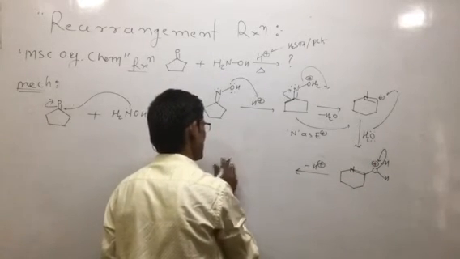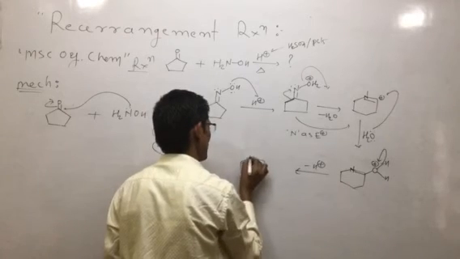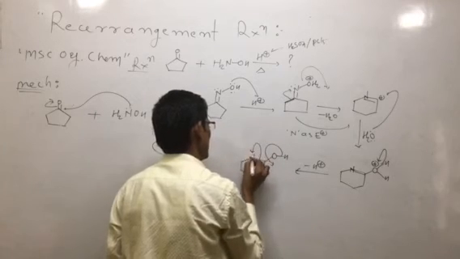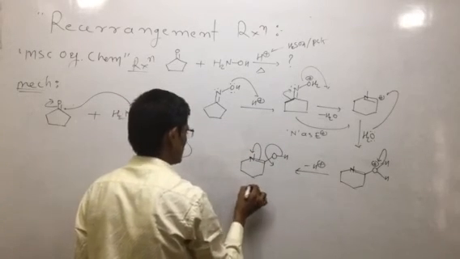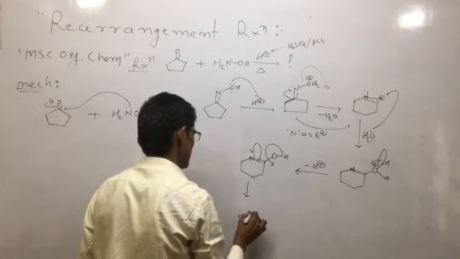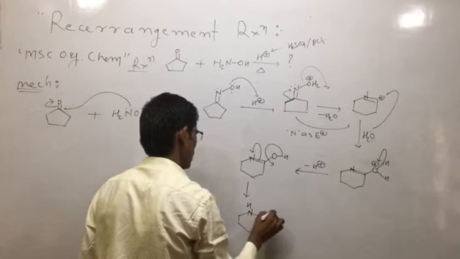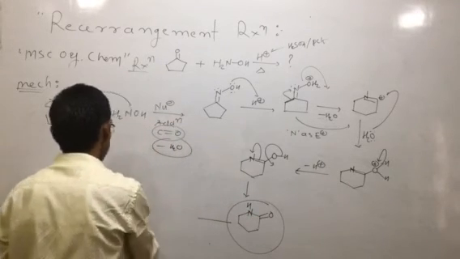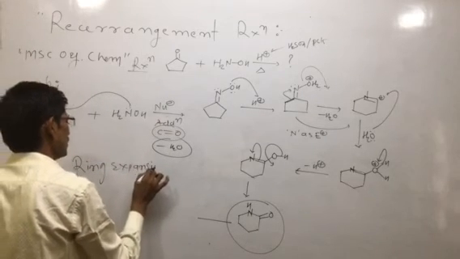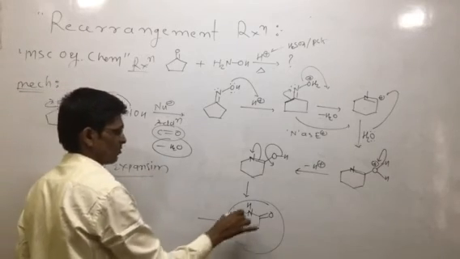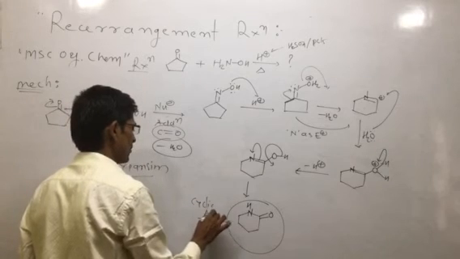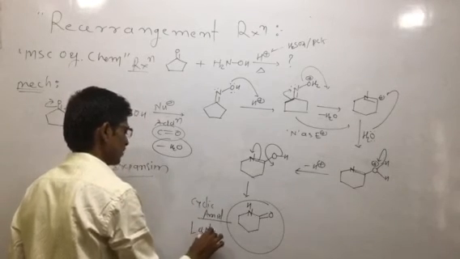Then the formation of what? The OH is shifted here, and the tertiary amine becomes a secondary amine, forming H-N-C=O. This type of product involves ring expansion, the expansion of the ring. It is the formation of a six-membered cyclic amide. This cyclic amide we call a lactam. This is the formation of lactam.